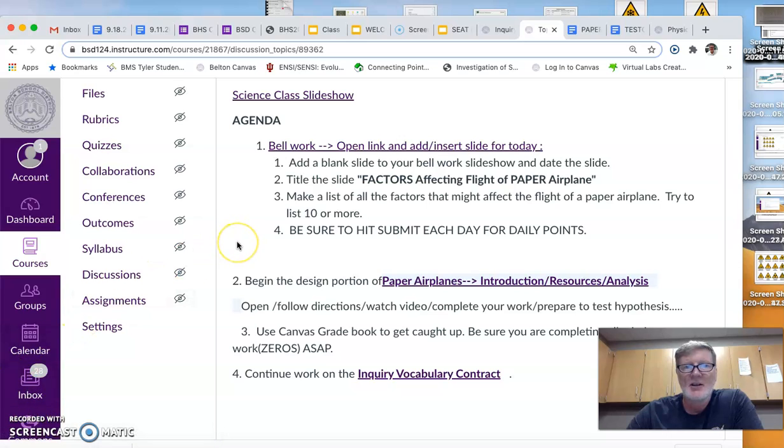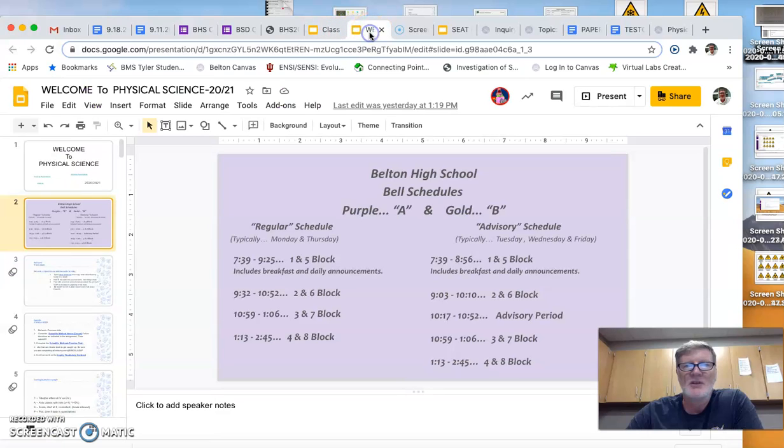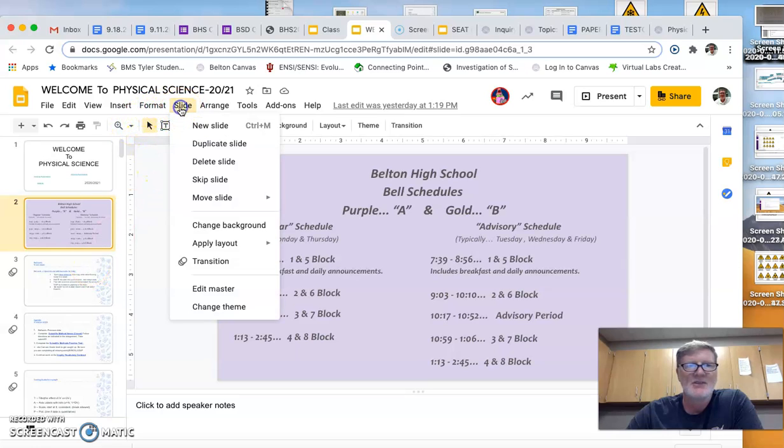Today, in our bell work, we're going to add a slide and title it Factors Affecting Flight of a Paper Airplane, and then list 10 or more factors that might affect the flight of a paper airplane. If you are struggling, you might check back at the end of the day. There'll be a list in the slideshow showing that. So basically, you will insert slide,